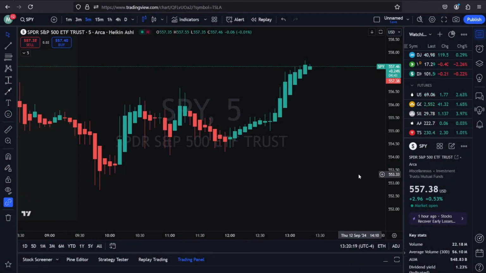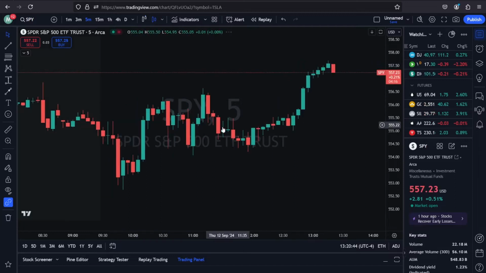Now, how do we use Heikin Ashi candles in a real situation? How do we make a trade using them? How do we use them to our advantage? All you're looking for is three candles. That's it. That simple. You're looking for a continuation to the upside, you're looking for a pivot, or you're looking for a continuation to the downside. Simple as that. Taking a look at SPY from today, 9/12,